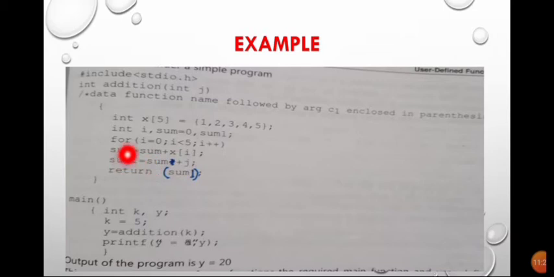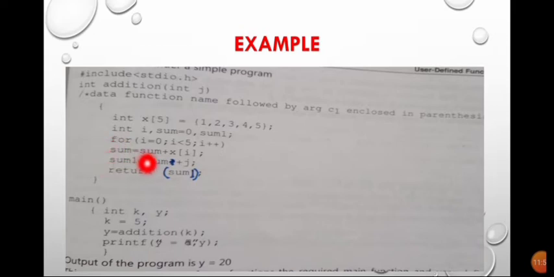What is the sum? Here you are going to store your final sum, that is sum plus xi, in this sum. The value will be written here. But how does the addition take place? Sum plus xi, sum is equal to 0, which is defined here. So 0 plus xi, what is the first pointer? It points towards the value 1. So 0 plus 1 is equal to 1. 1 is stored here.